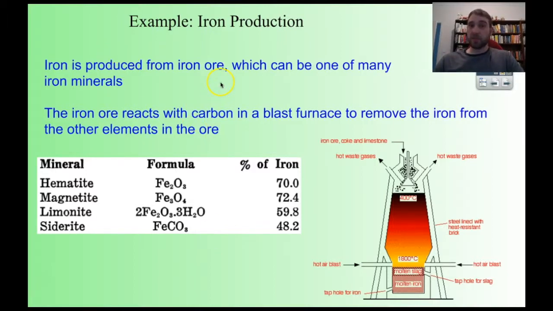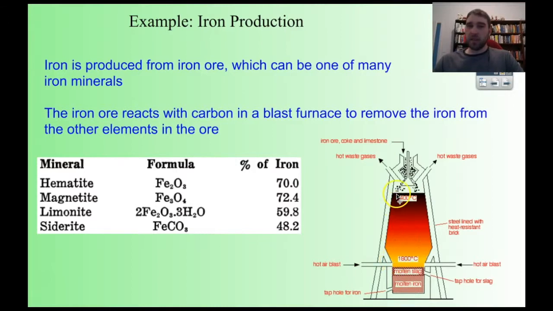So iron is produced from iron ore, and iron ore can contain many different iron minerals. In Australia, hematite and magnetite are very commonly reduced. So there's a high percentage of iron in there, and oxygen is the thing that we're removing. So the way you do this is you shove your iron ore into the top of a blast furnace. You mix that iron ore with coke, which is carbon that's been coal really that's been cooked a little bit, and also limestone. When they're heated up, so this is done using usually gas,